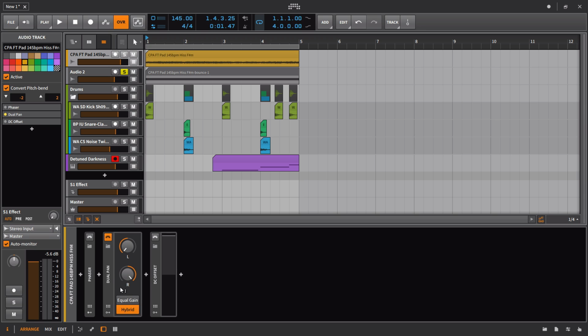The other thing that's been brought in is the dual pan. And the dual pan is very much like the way that you would mix in Pro Tools when you have a stereo channel. You get control over each of those channels, left and right, independently. And now you have that kind of a panning control here inside of Bitwig Studio. This is probably the thing that you're going to use the most of all of the new devices. And I would recommend that you use it when you do have a stereo file,